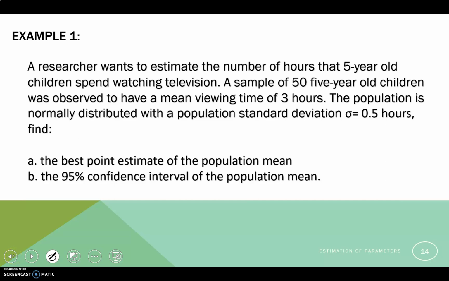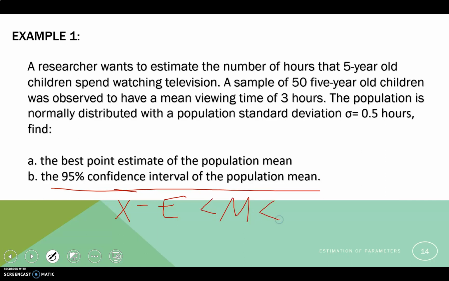For letter B, the 95% confidence interval of the population mean, let us identify the given. So, ang atong gamiton diri, kato ng formula nga sample mean minus the error. It should be mu is less than the sample mean plus the error, but greater than the sample mean minus the error. So take note that the formula for the error is equal to z alpha over 2